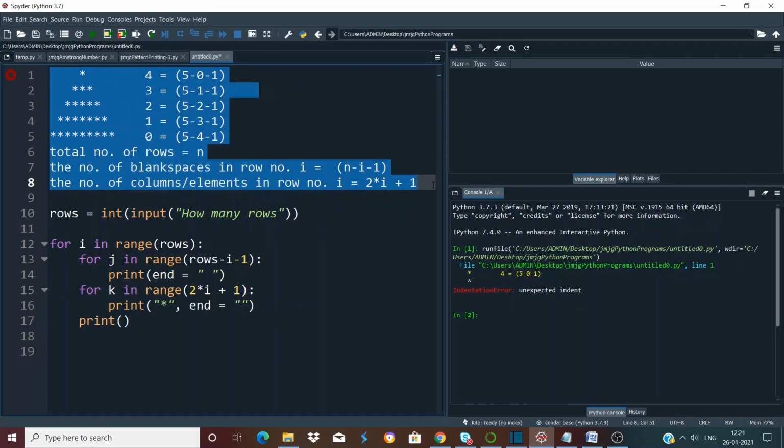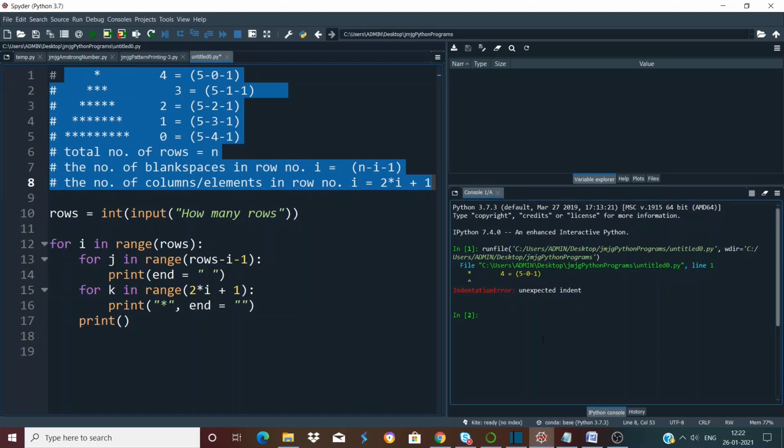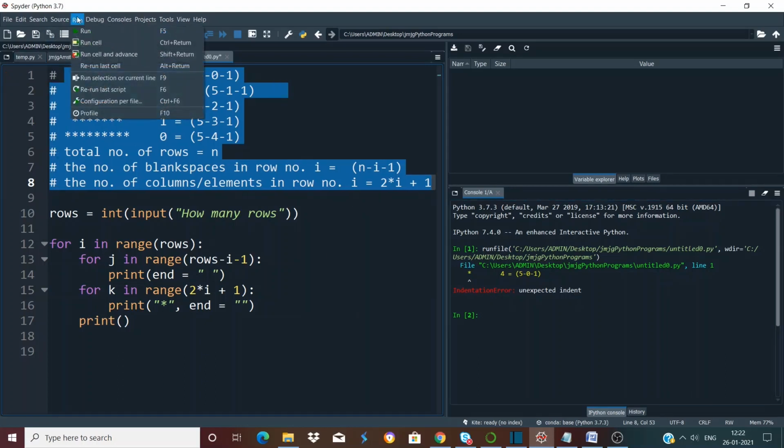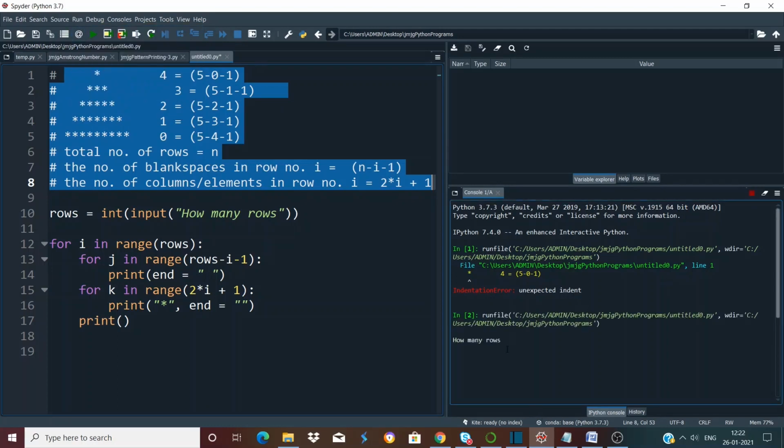Obviously we wrote them just for our convenience, so they have nothing to do with the actual code. So we comment them out by pressing Ctrl+1, right? So we run our code again, and now if we enter 5, you can see the desired pattern is printed.